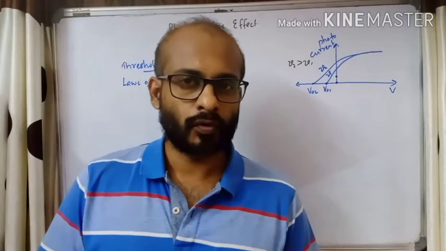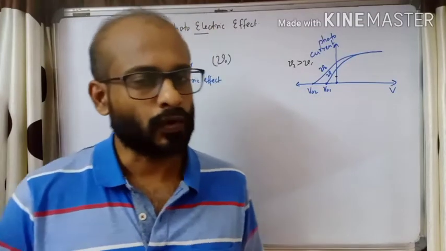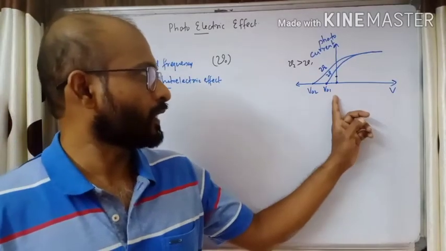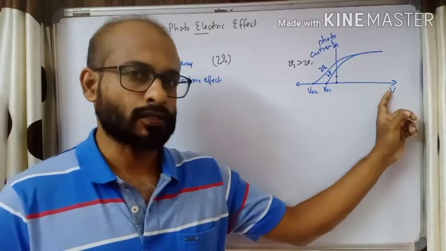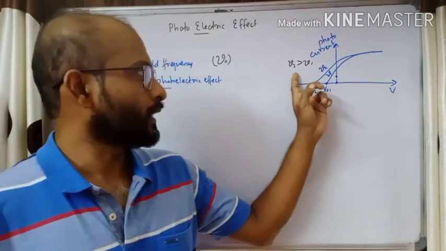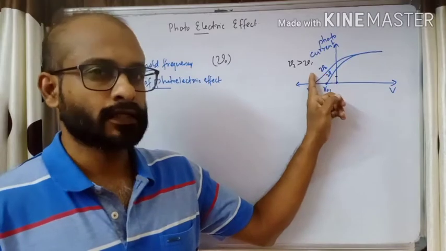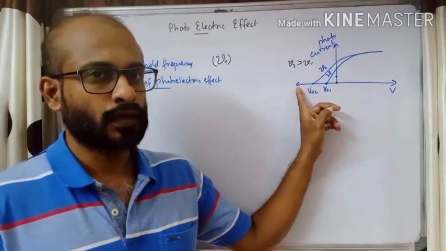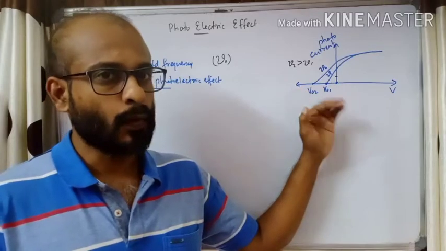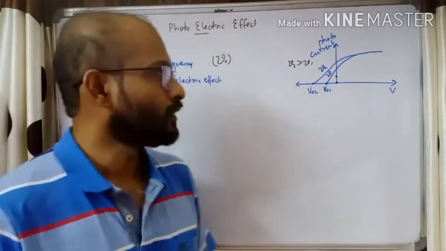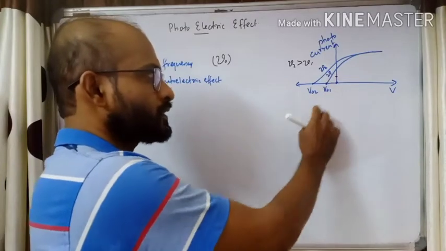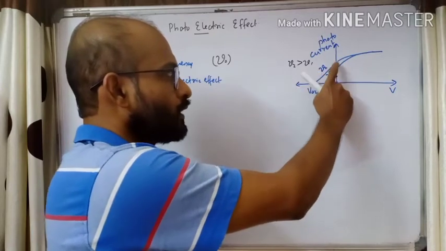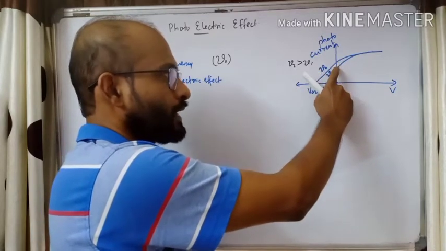Today we are going to discuss a few topics related to photoelectric emission. In the previous class we had a graph connecting photocurrent and potential. We have seen that whenever we increase the frequency of light, that is nu2 is greater than nu1, the stopping potential is also found to be increasing. Now what happens when we decrease the frequency of light? When we decrease the frequency of light, we can observe the value of current also decreasing. When you decrease from nu2 to nu1, the value of photocurrent gradually decreases.